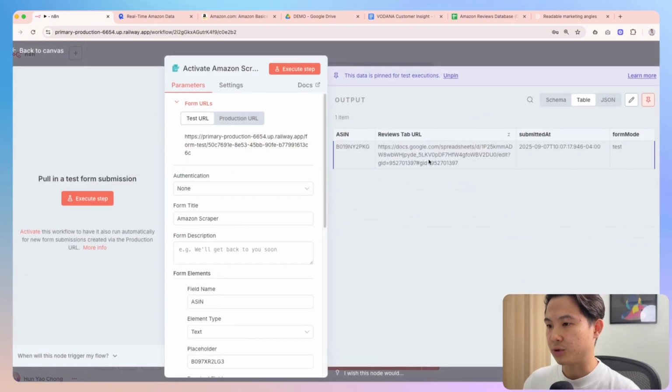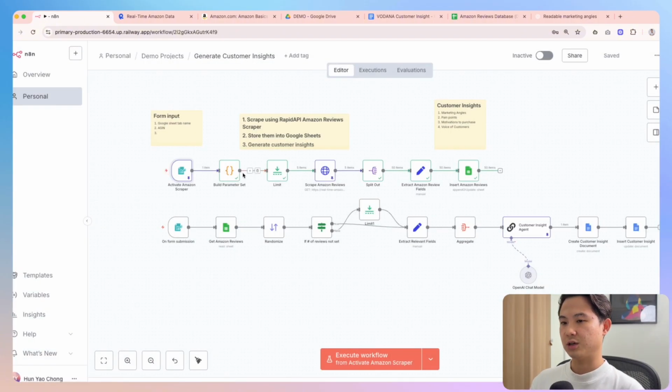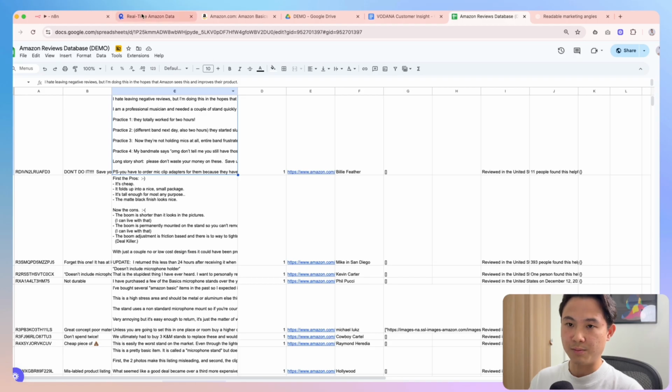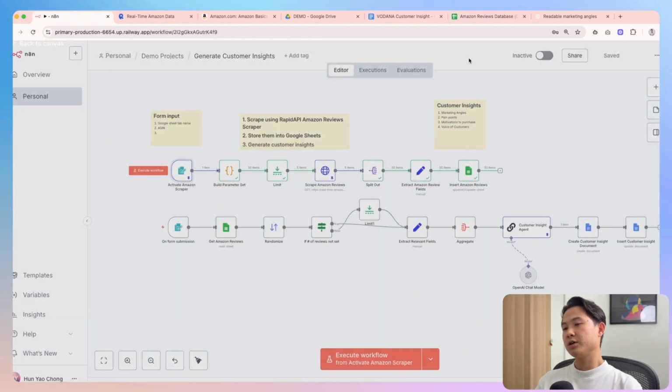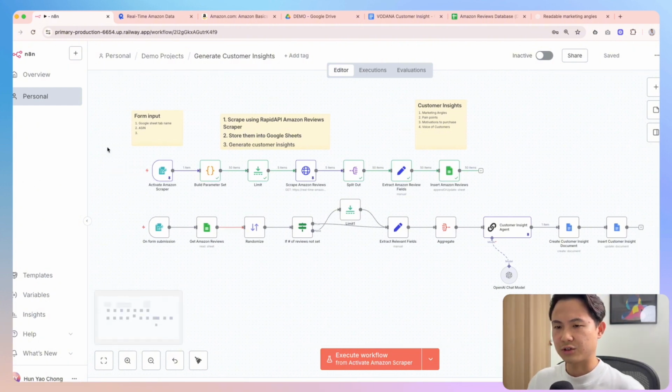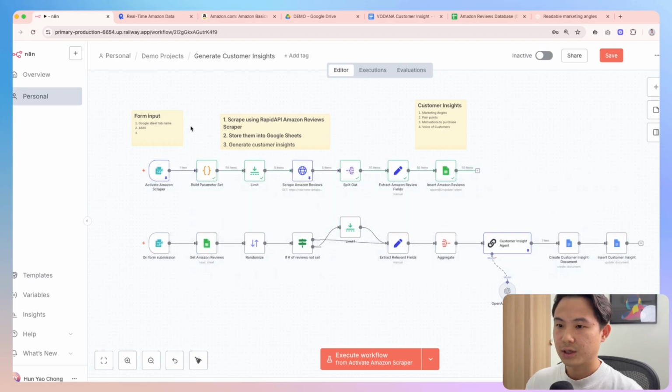And now it is also dynamic because users can essentially choose whatever product they want and also choose which tab they want to input the reviews in. Is there anything else that I'm missing? I think this should be pretty good actually. Yeah, so let me just clean this and then remove these as well. And there you have it, an entire customer insight mining system that will save you hours from manually combing through and